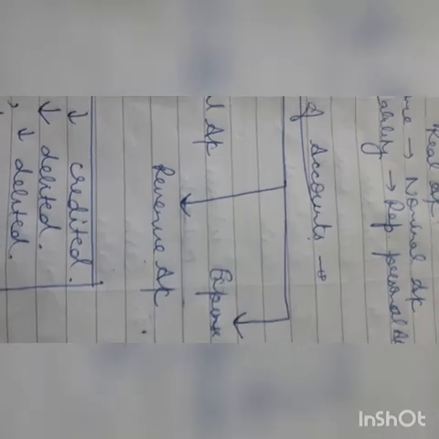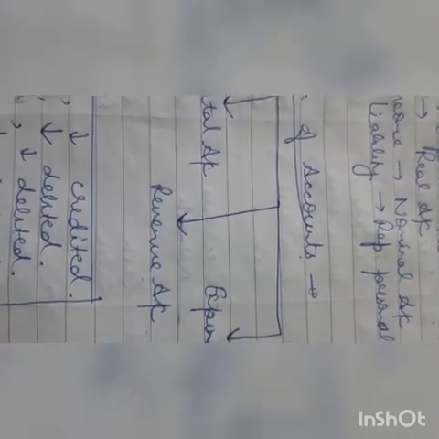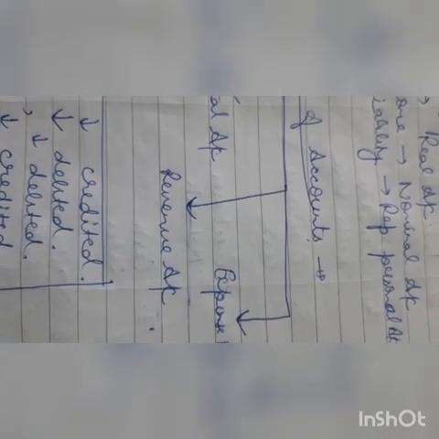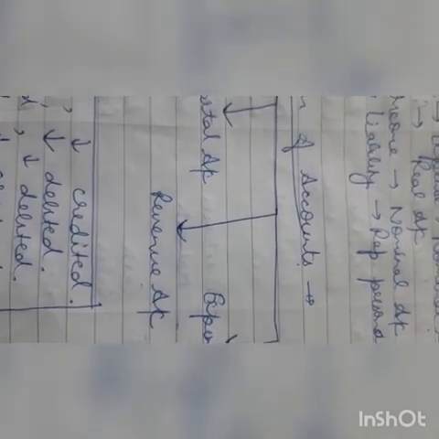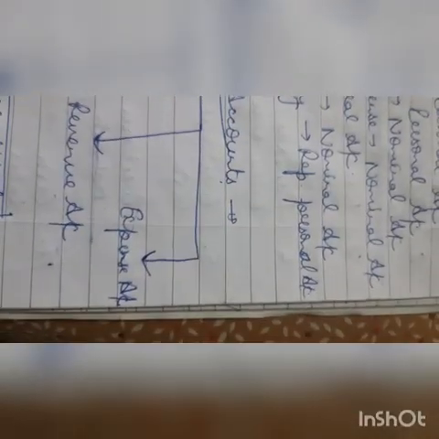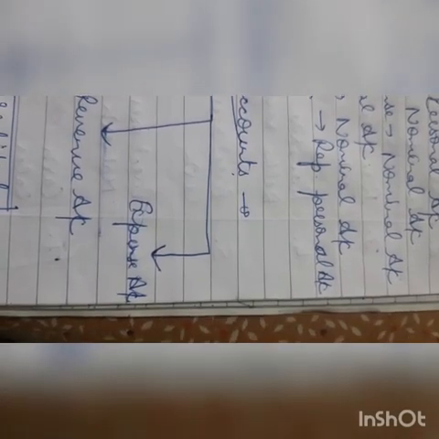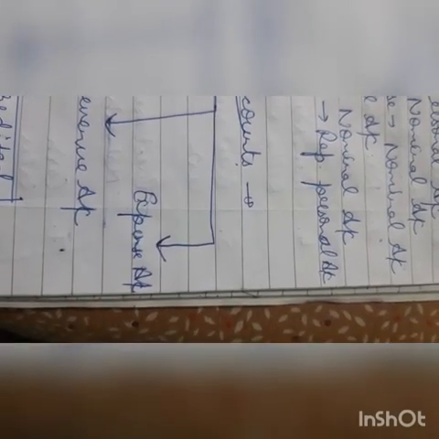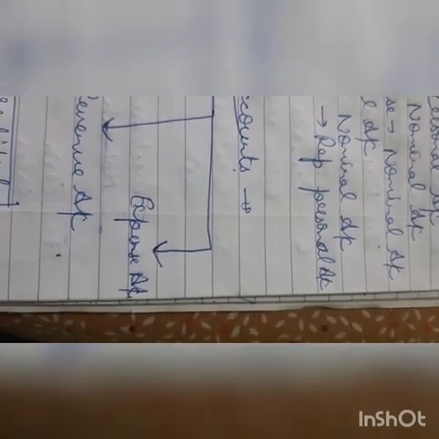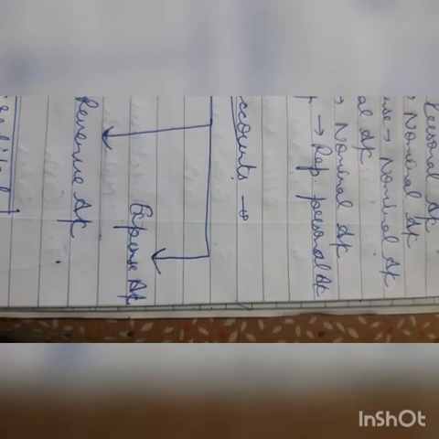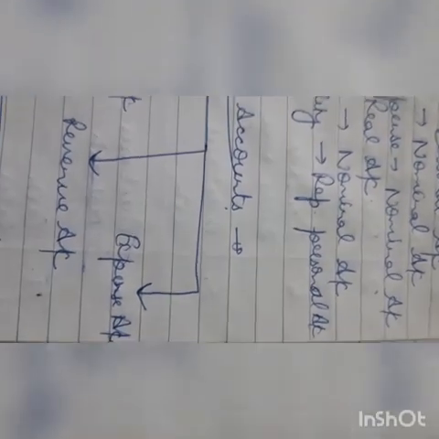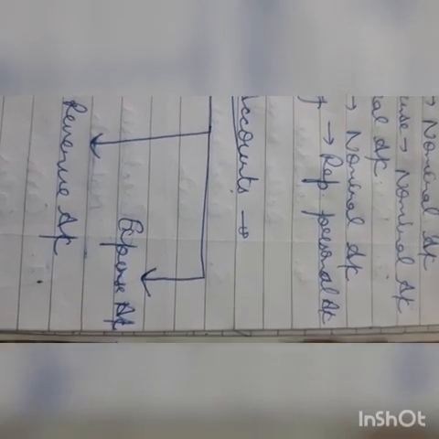Then is revenue account. Revenue means the accounts of incomes and gains. Example, sales account, discount received account, interest received account, etc. Then is expense account. Expense means it shows the amount spent or even lost in carrying on business operations. Example, purchases account, wages paid, depreciation, rent paid, discount allowed, interest paid, etc.